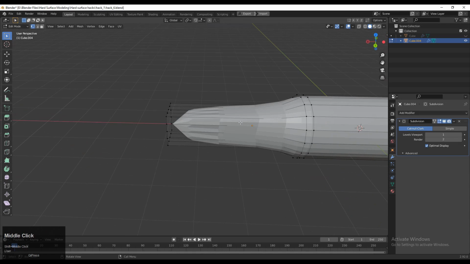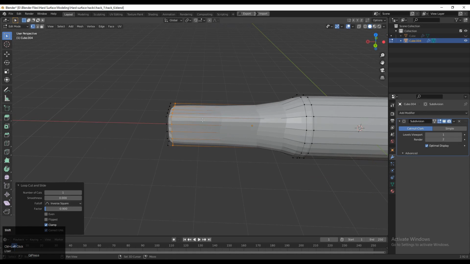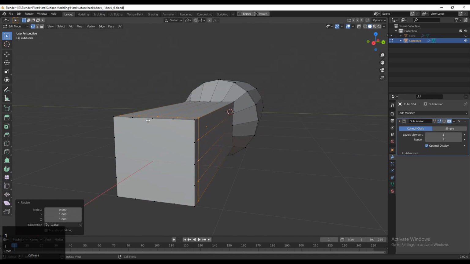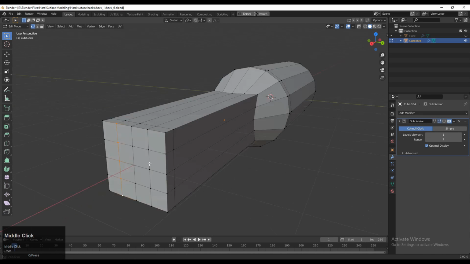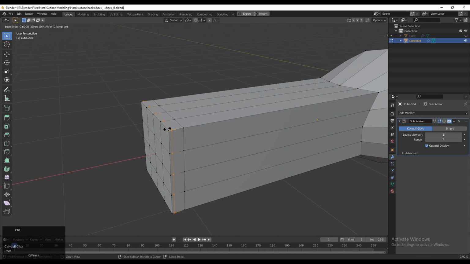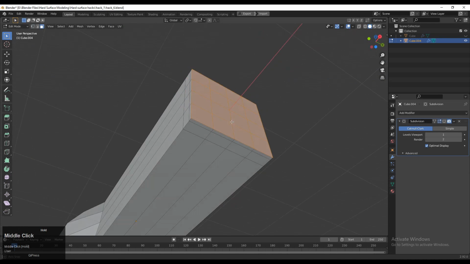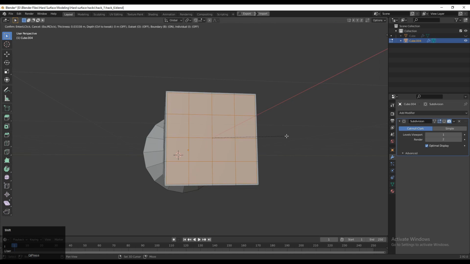Then you can turn on your subdivision surface modifier and you can see where we need to add more loop cuts. So add the loop cuts at those places and then select these vertices and then right click and then connect vertex path. And then you can add loop cuts over here, and then select these faces, press I for the insert operation just to create that face loop.